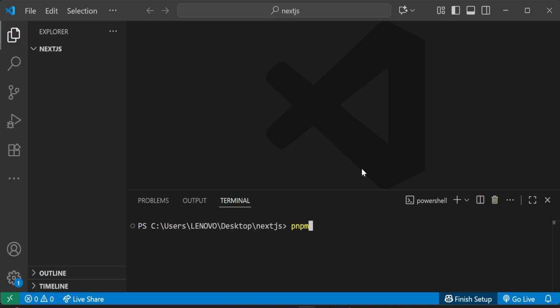Yes, pnpm is a package manager for JavaScript and TypeScript. It's an alternative to npm and yarn. Its main goals are speed and disk space efficiency. But in this case, I want to use this one. So we write pnpm, then create next app